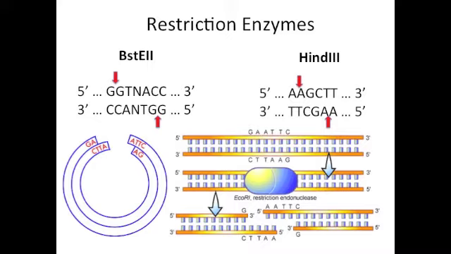One is called BstEII. And it's going to come in and it's going to find a length on the DNA that reads GGT and then N, so it could be any nucleotide or any base, and then ACC. And so it's going to cut that piece of DNA at the G. So remember, the complement of that sequence looks the same. So on our slide here, you can see that it will also cut on the G, and you can see it will now have these little sticky ends that will hang over,